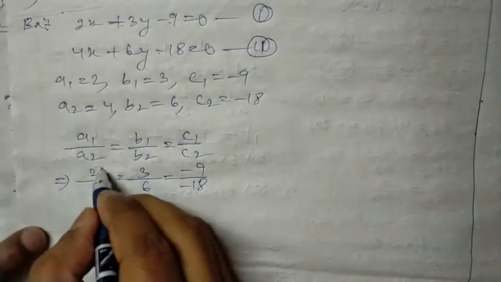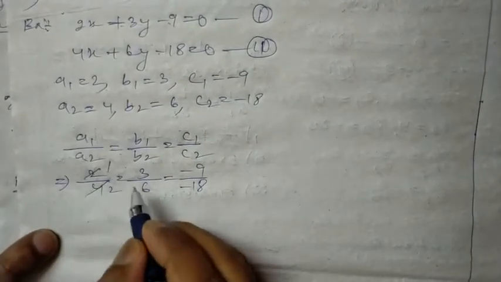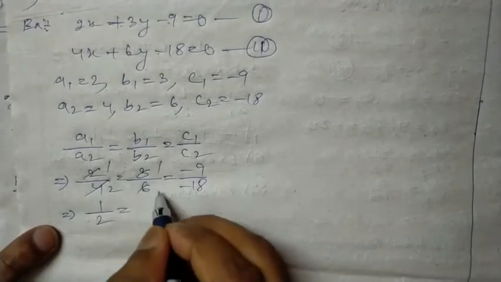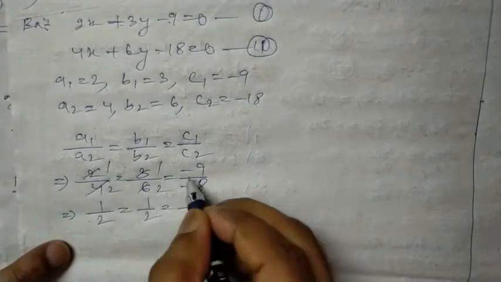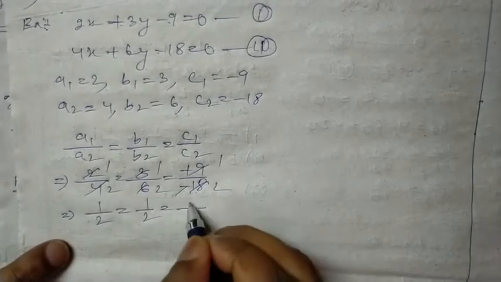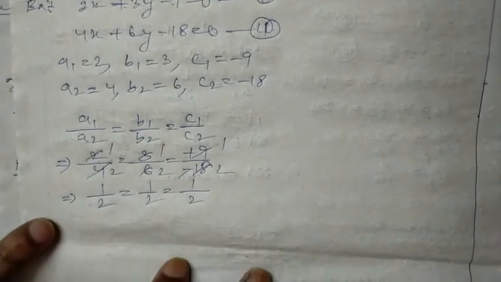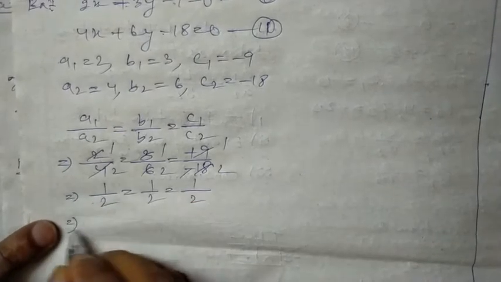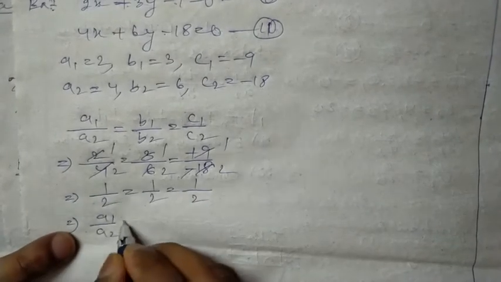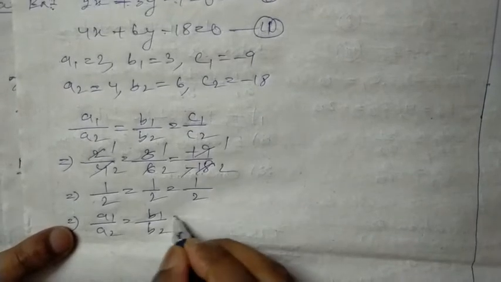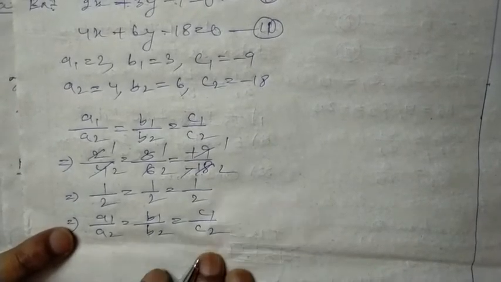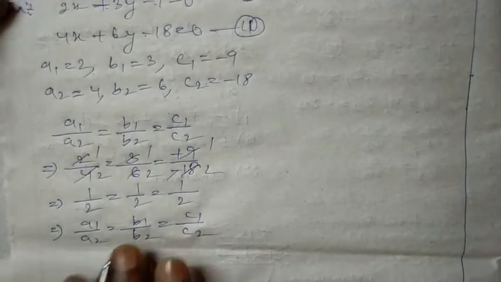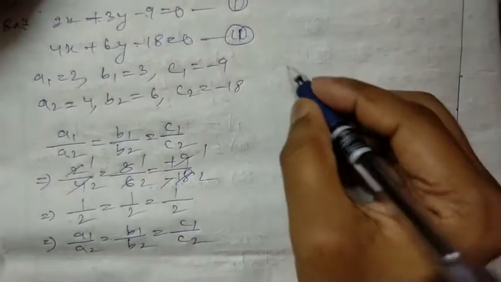Okay, so we can cancel. 2 ones are 2, 2 twos are 4, so we get 1 by 2. Again 3 ones are 3, 3 twos are 6, 1 by 2. Again minus minus cancel, 9 ones are 9, 9 twos are 18, means 1 by 2. You can see all three ratios are equal. So we can say A1 by A2 equals B1 by B2 equals C1 by C2. Yes, so if the ratios are equal,